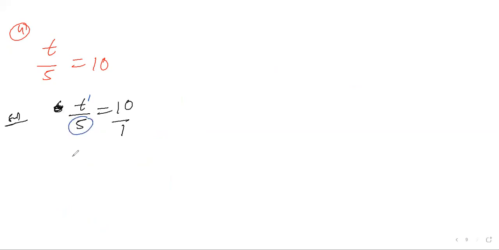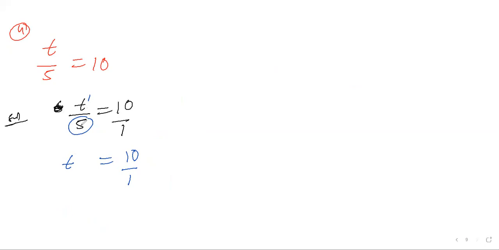Fourth question for you. t by 5 is equal to 10. Okay, you should take the question down. t by 5 is equal to 10, which is nothing but 10 by 1. I told you the variables should be on the left, and t is already on the left. But I don't want 5 there, so how can I shift it? RHS you write as it is. On the LHS, 5 is not required.